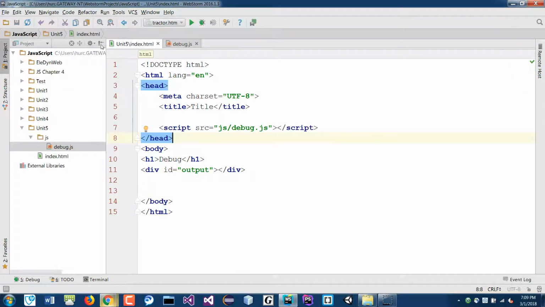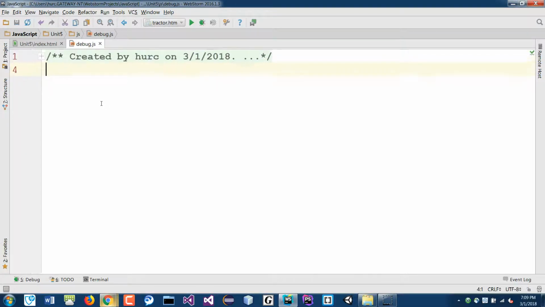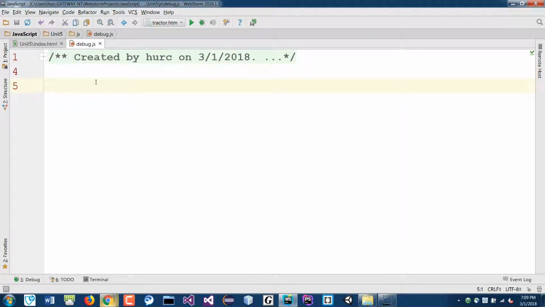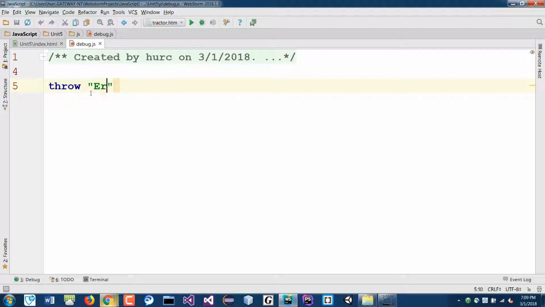So let me expand, close this. I'm going to go into the script. So for now, we're just going to do some really simple try-catch. Okay. Like for example, if I just suddenly put something like throw in my code here, I should say throw error, right? If I do that, that's my single line of code here in my script. If I save this, it will run, it will execute that file,